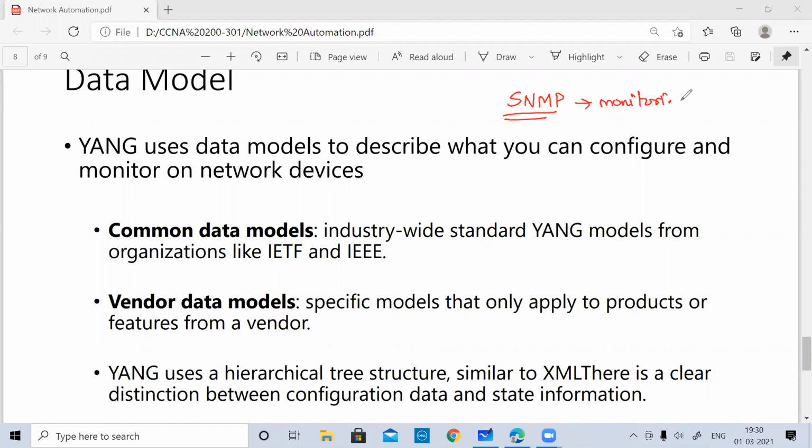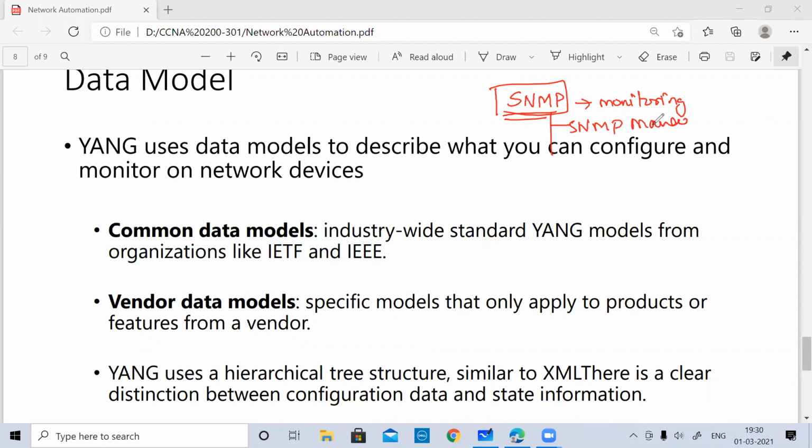For monitoring purposes in our traditional networking scenario, we make use of SNMP. So we have an SNMP manager and an SNMP client.